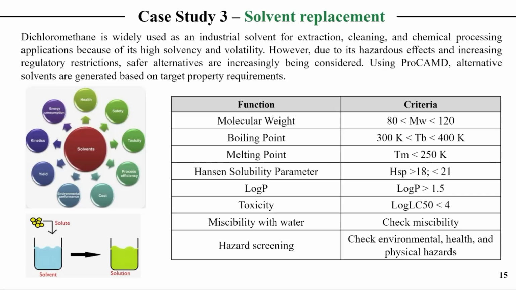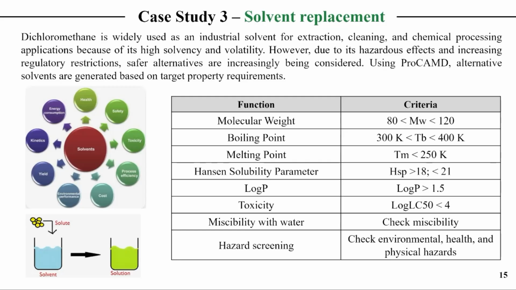The third case study involves the replacement of dichloromethane, a solvent that is widely used in extraction, cleaning, and chemical processing applications. Although dichloromethane provides excellent solvent performance and high volatility, its hazardous effects and increasing regulatory concerns motivate the search for safer alternatives. In this study, a solvent replacement problem was defined based on a set of desired property